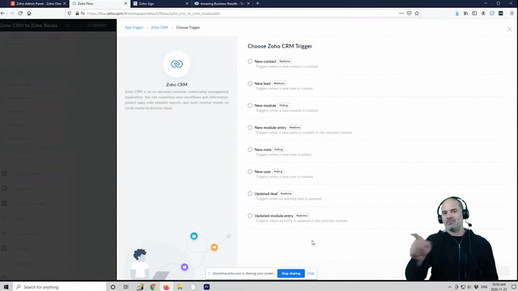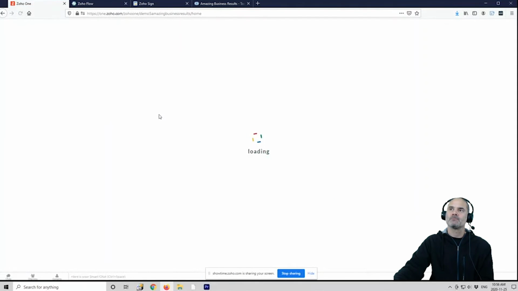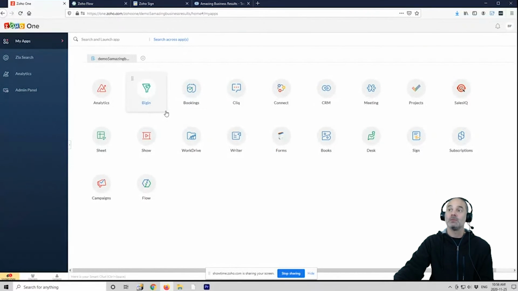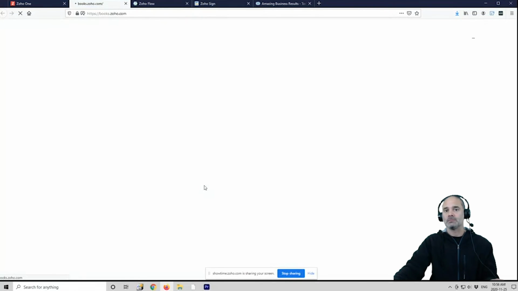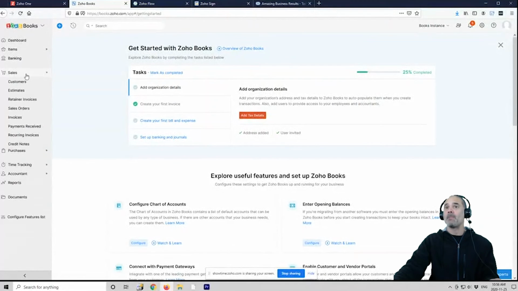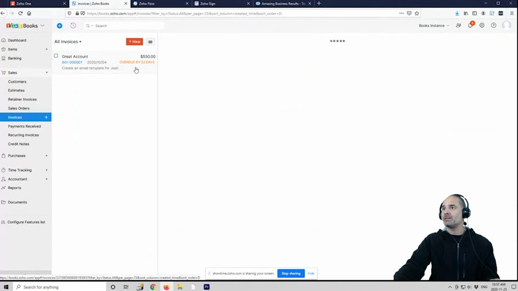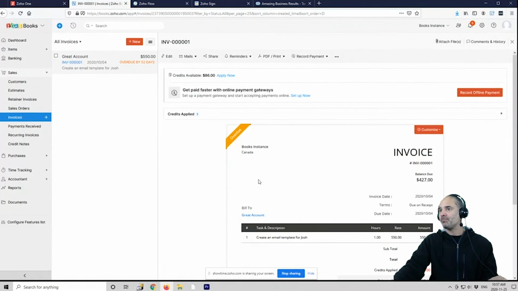My question is, since you just brought up something: when I create an invoice in books, I then have to go back up to the payment part and say charge card. Is there a way to make it so that when I say create invoice, it actually just charges the card when I hit the save button, instead of after I hit save, going back up to charge the card? Let me show you something very, very cool. Okay, so let's say that I have here an invoice. Let's create a new one.